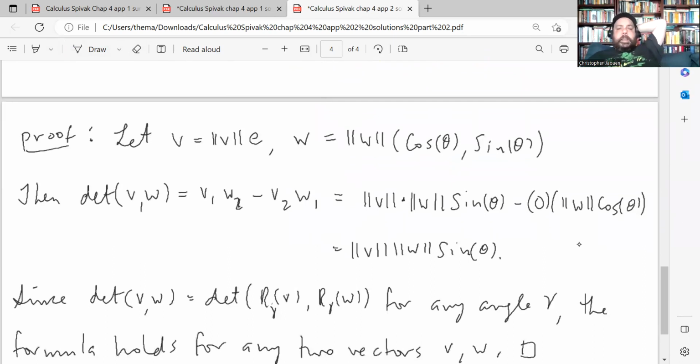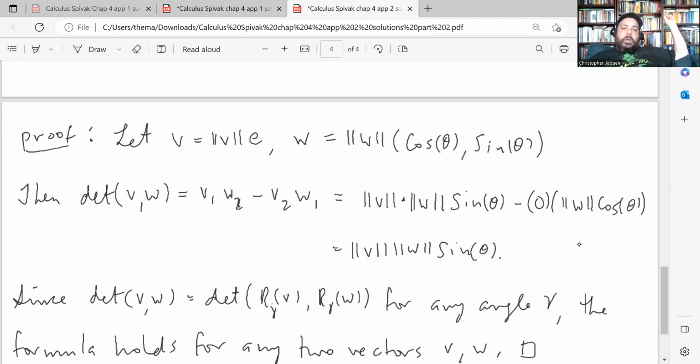Okay, so again, we know that the determinant is not affected by rotation, so we can do it in a simple case. So just choose convenient vectors. Let's let V lie along the horizontal axis. So then that means that V has coordinates length V times 1, 0, which we're calling E, and W has coordinates length W times cosine theta, sine theta. Then if you take the determinant of V and W using the formula, that's V1W2 minus V2W1,